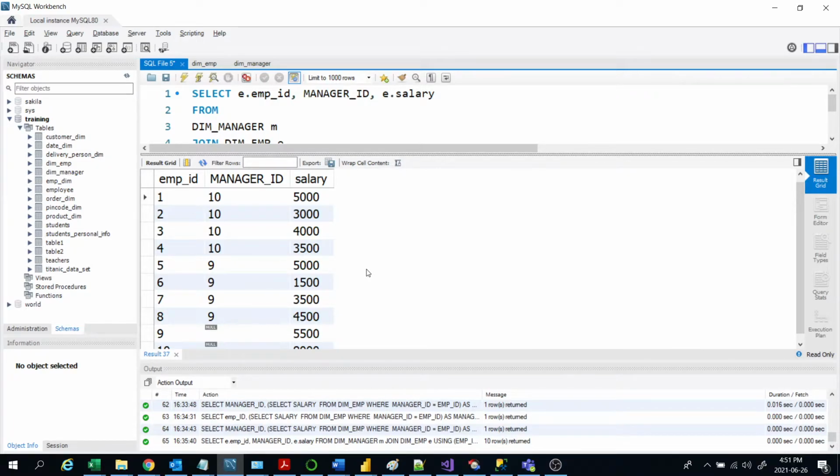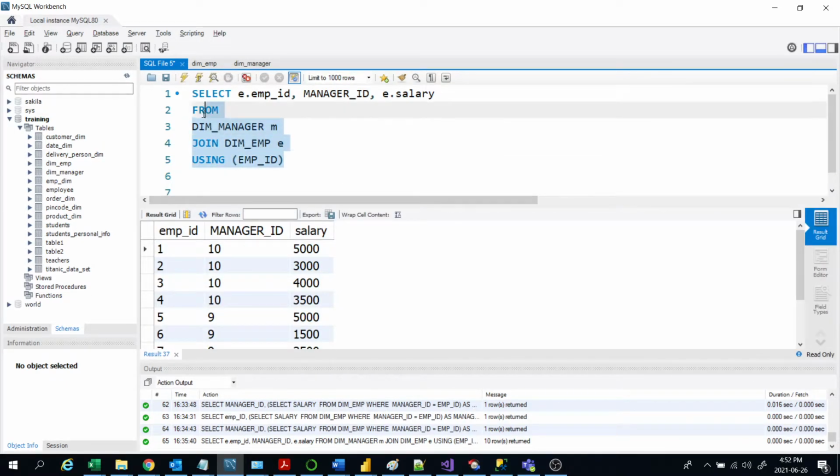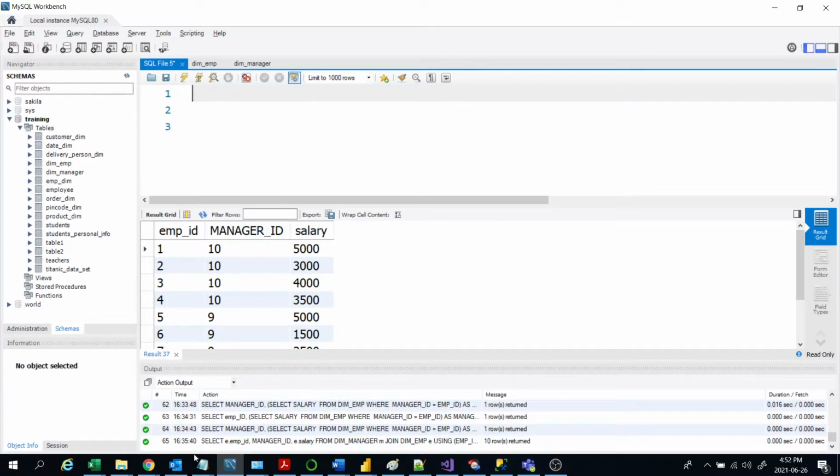We have to find the manager salary which is less than twice the salary of reporting employees. These are the reporting employees for 10. These are the reporting employees' salaries for 9. So we have to get the average of the reporting employees' salaries and write a query to check if the manager's salary is less than twice the average of his reportees. Okay, so how to do that? Here I have written a query. Let me bring the query here.